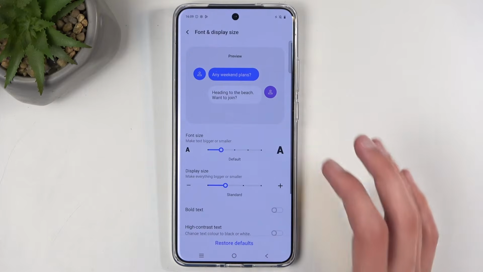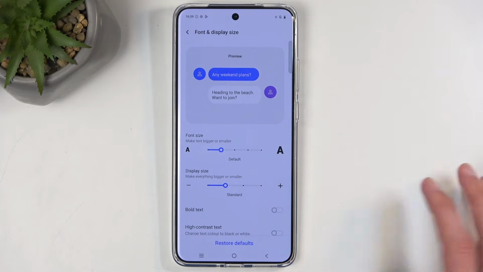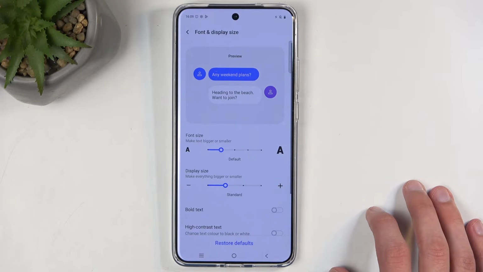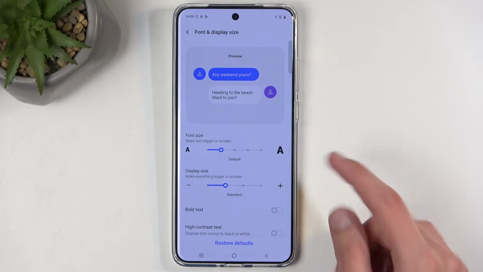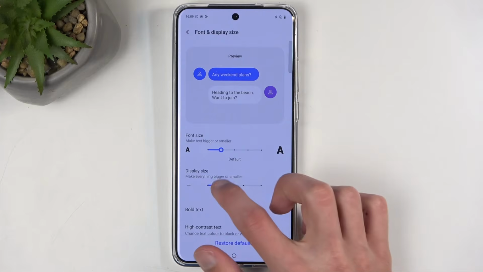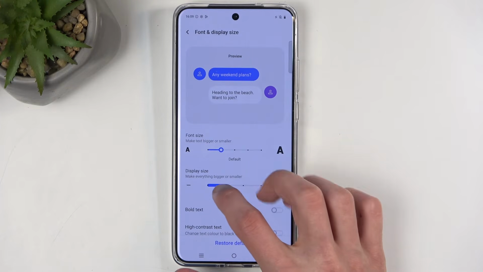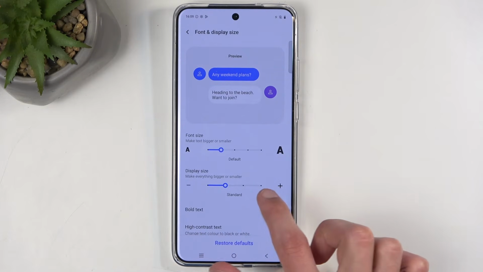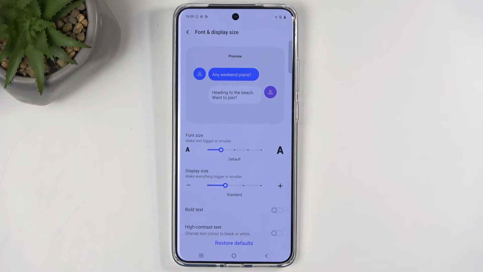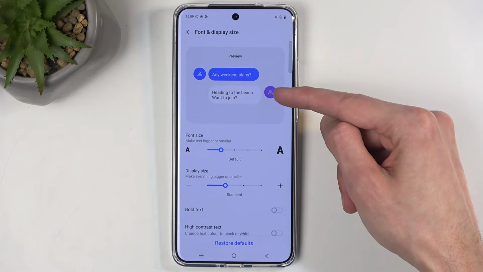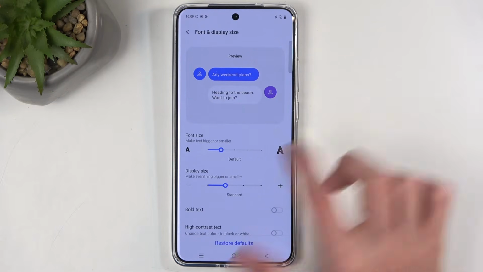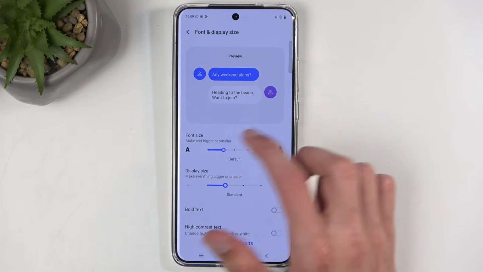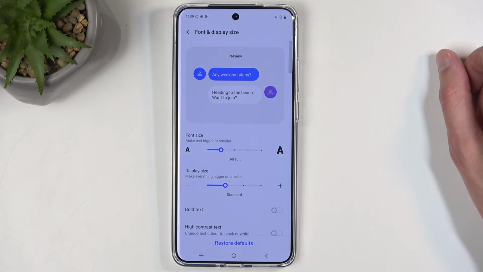You can see this is a pretty good option for people that might have some kind of visual impairment. So you can just increase this, and both of them increase at the display size, which I believe primarily includes things like, for instance, these icons, right? Yeah, they're just becoming bigger. I think the best way to describe these two differences is that display size increases the size of everything. So that would include icons, these bubbles, and the text inside of them, while font size just increases the font itself and tries to also increase other things to match it,